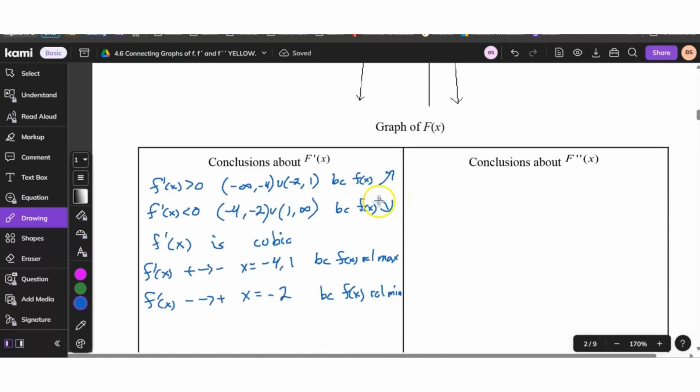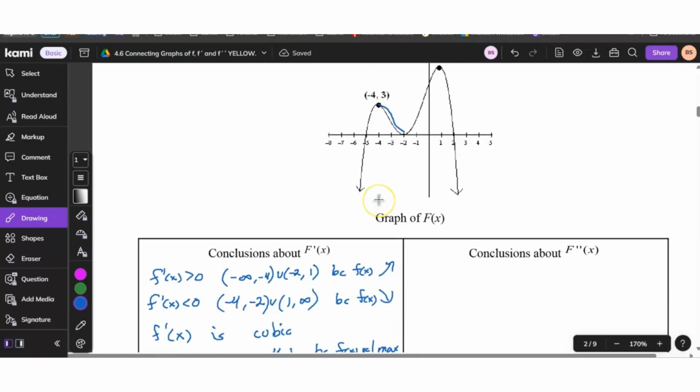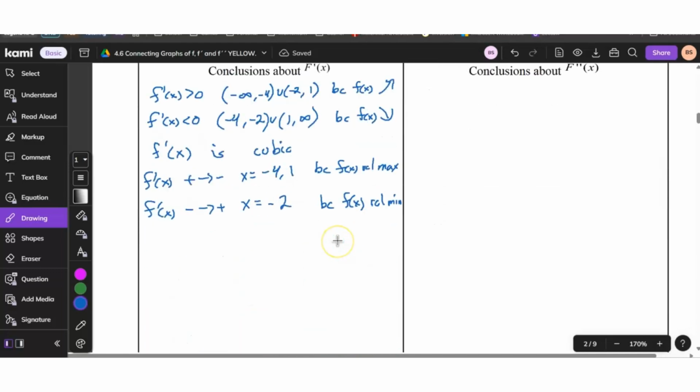I mean, there's a bunch more we could do. Anyone else feel like there's one we should include? What do you think? POI. POIs, but those are going to be pretty hard to find. But yeah, there's probably going to be one roughly at -3 and roughly at -0.5. But that's using pre-calc methods. We're not 100% sure, so maybe it's easier not to. But we can put it in. We can say it. So we'll say,